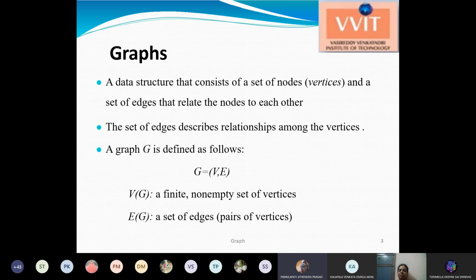So if you have 2 points on your paper and you join the 2 points with a particular line, then the 2 points are called nodes, and the joining line between the 2 points is called the edge. The set of edges also describes the relationship between the vertices.